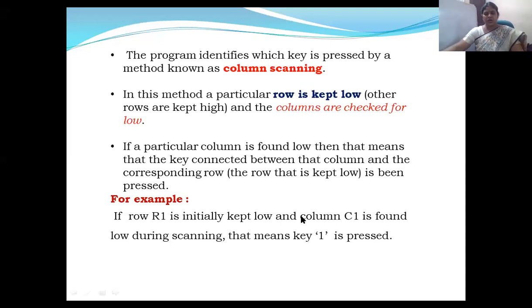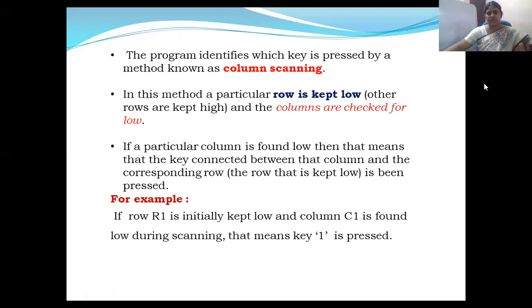If I'm saying row 1, already I said row 1 should be kept at 0, and you check all your columns. Which column you find low, that particular row and column, just like a matrix, that reference point you have to see, and that particular key will be displayed.